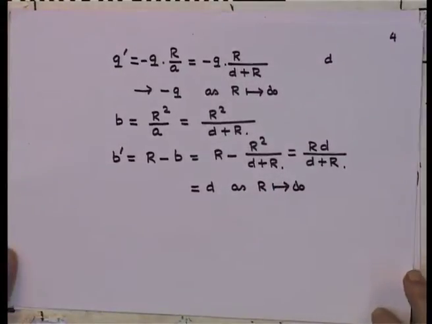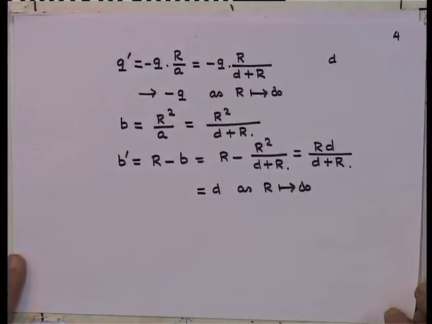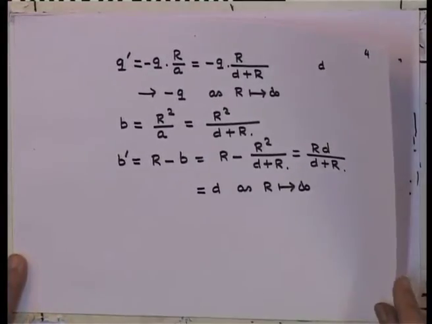So, this simply shows that one has to take some care in writing these things when the radius of the sphere is taken to be infinitely large. In working out this problem, we had assumed that the surface is kept at a 0 potential.